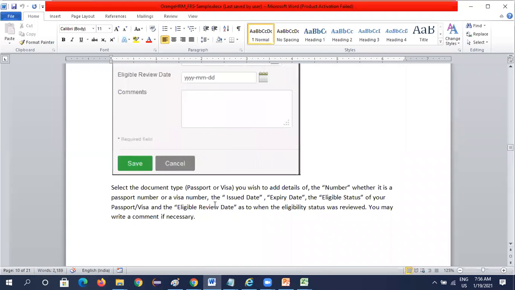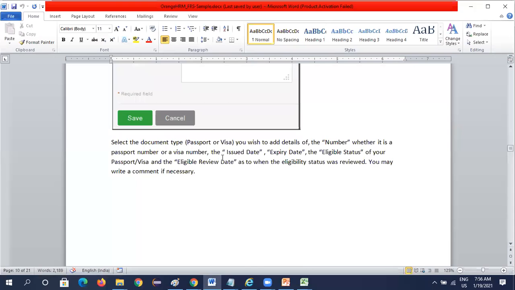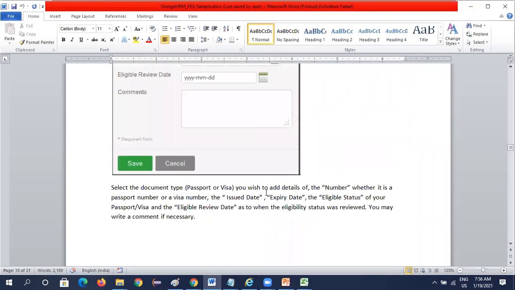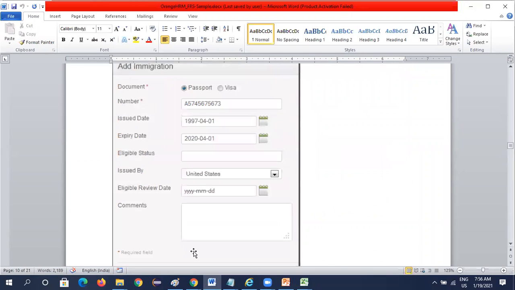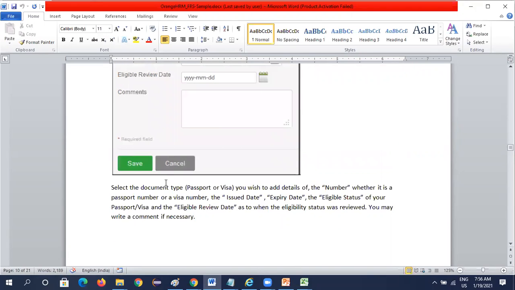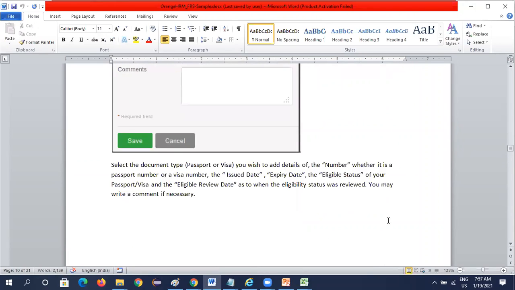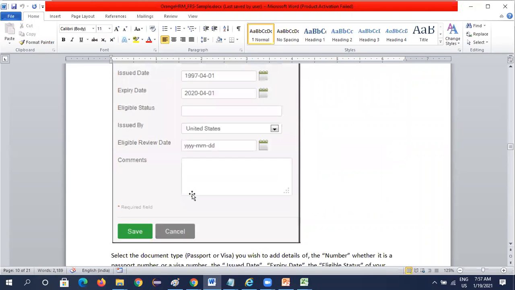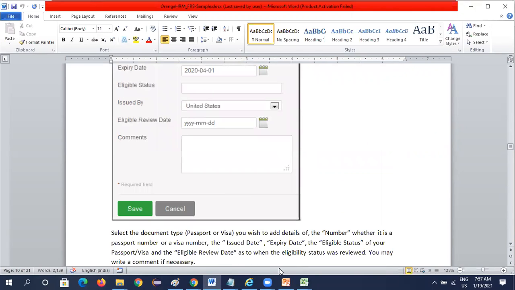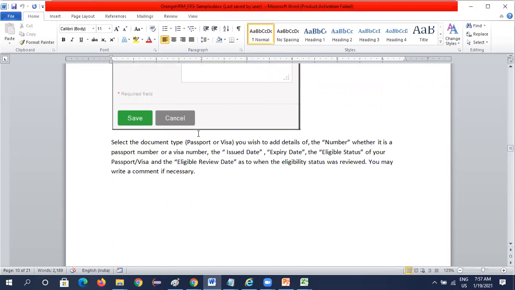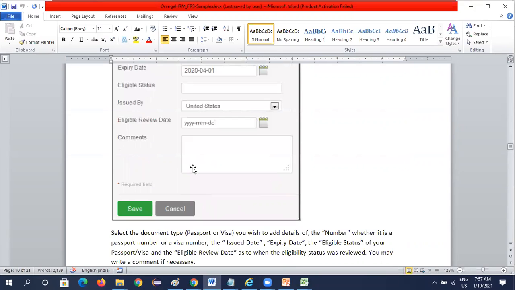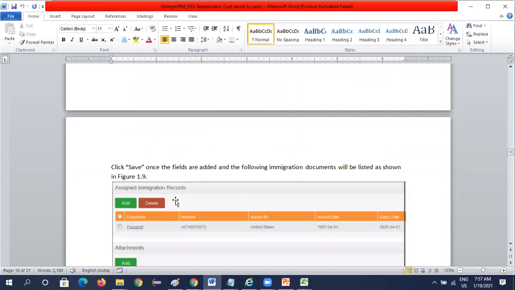These are the fields. Okay, select the document type, passport or visa, you wish to add details of. Enter the number, whether it is a passport number or visa number, issue details, expiry date, and eligible status. So here eligible status, and the passport or visa eligible review date. As to when the eligibility status was reviewed, you may write any comment if necessary. If you want to write any notes, you can write here. Okay, you can click